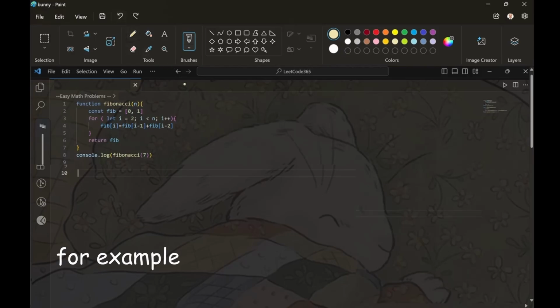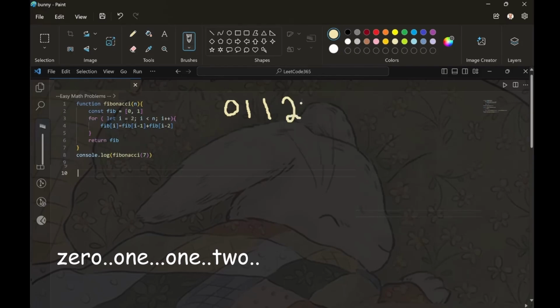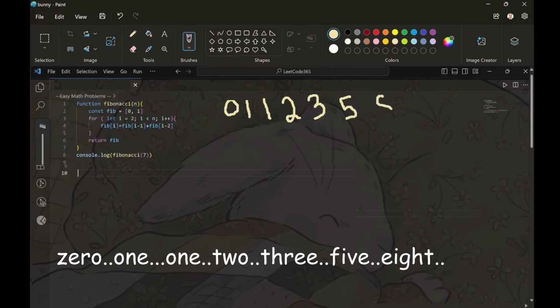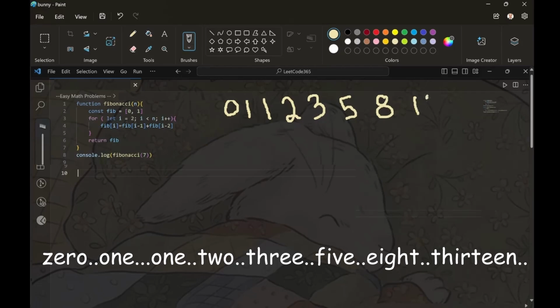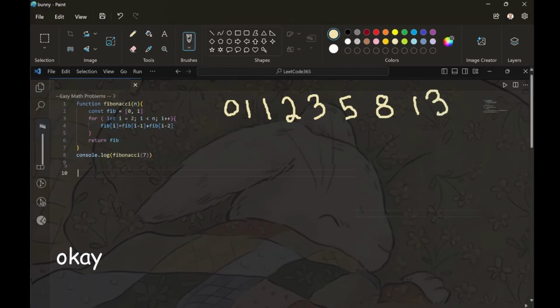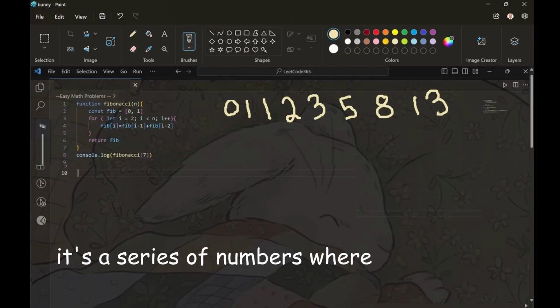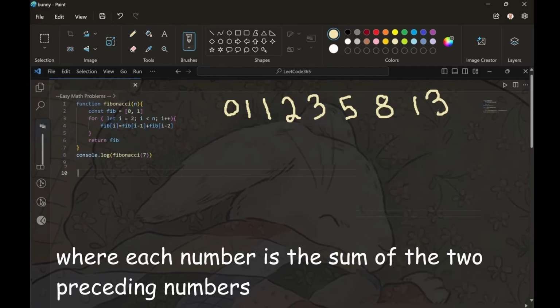So, for example, 0, 1, 1, 2, 3, 5, 8, 13. Okay, that's enough numbers. So it's a series of numbers where each number is the sum of the two preceding